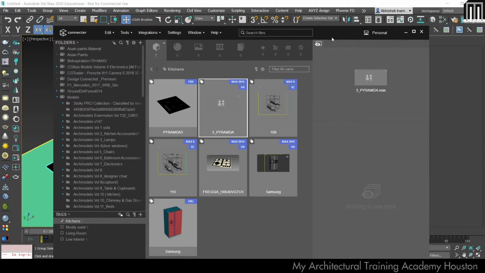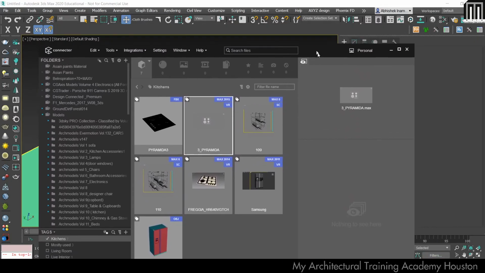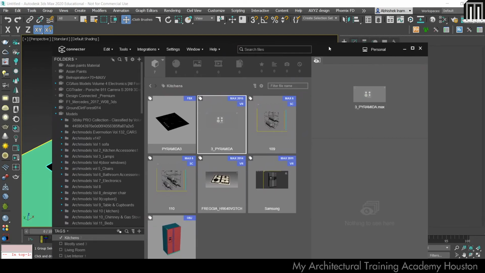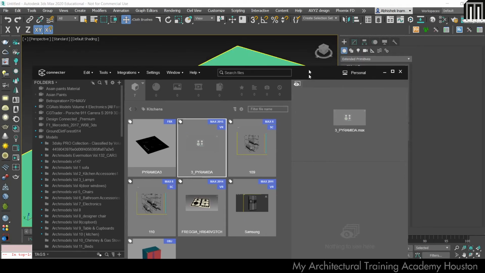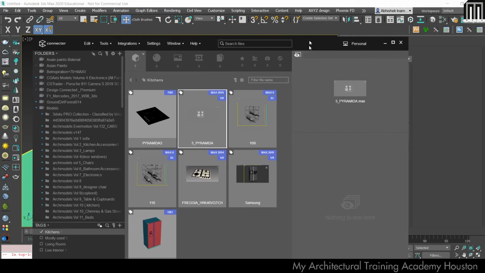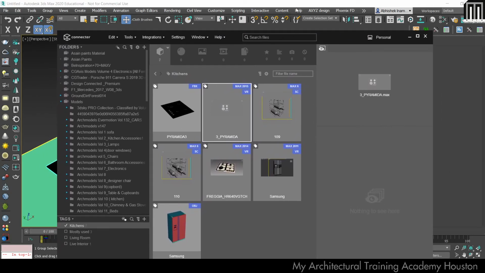But this is an external window which does not directly share the RAM or memory usage of 3ds Max, so it is free. Whatever happens to connector, 3ds Max is not affected. If 3ds Max is collapsing, this will not be affected.